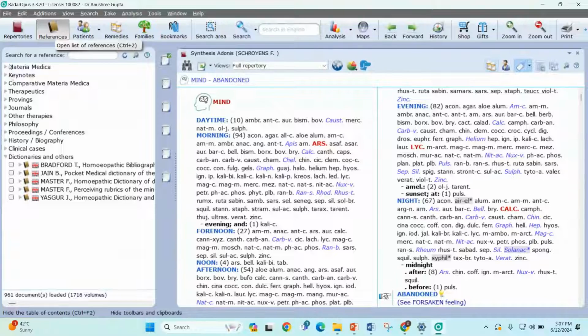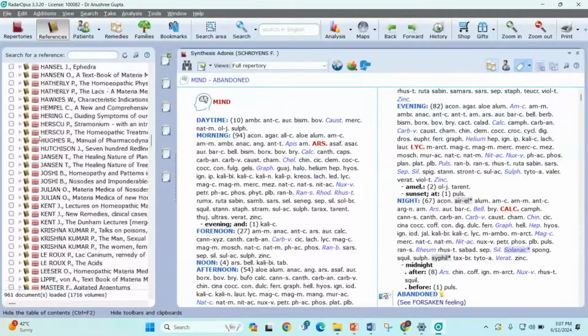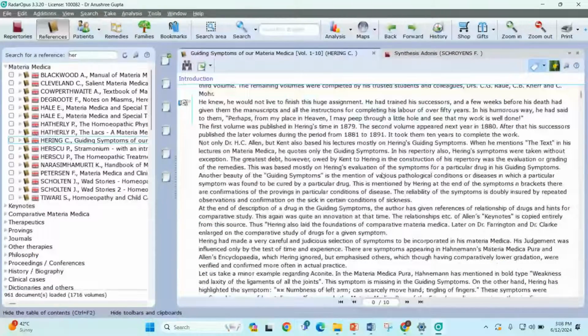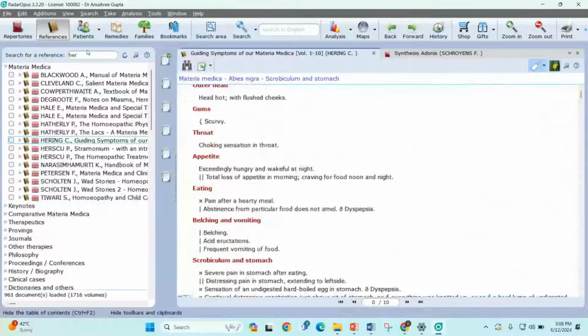On whichever content you open, you can see the list of that particular content. Once you wish to open one, click on it, and on the right-hand side you will see your reference being opened. So you can scroll and work amongst the different references present with the software.